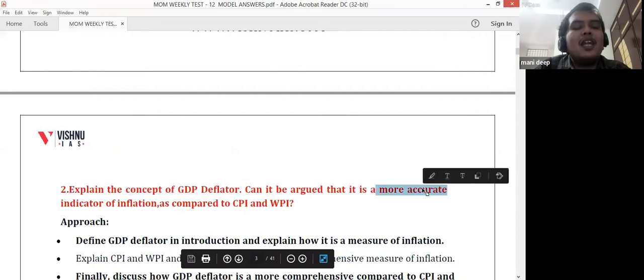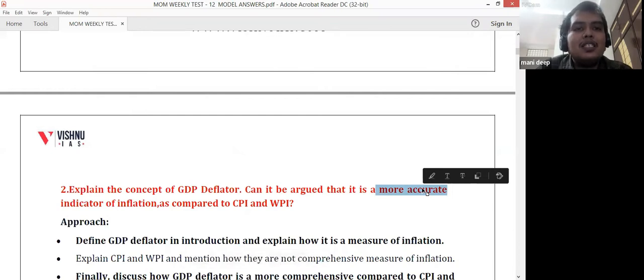For example, nowadays, if we see how inflation is calculated, we take a basket of goods. Say, for example, we are trying to find inflation using pen, pencil, eraser, and sharpener. So we take all of these into a basket and find out the price of the basket in 2010. Then in 2022, how much is the price of the same basket? Whether it has increased or decreased, and if it has increased, by what rate. This is nothing but inflation.